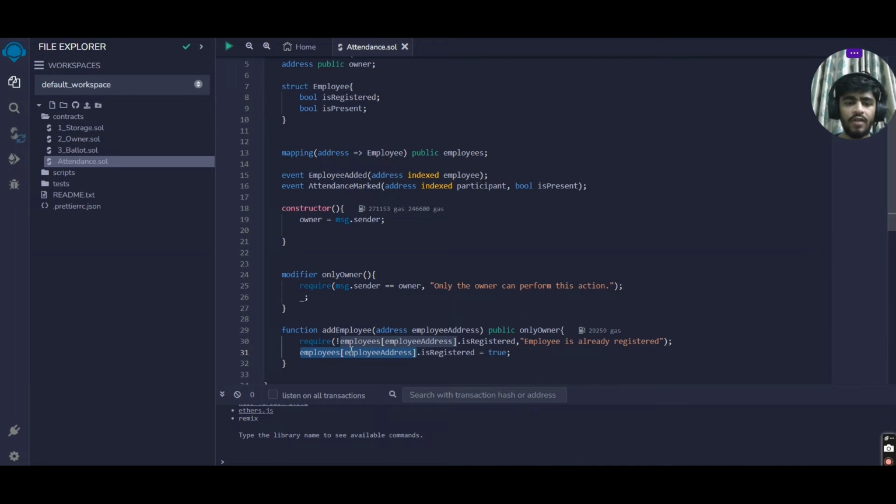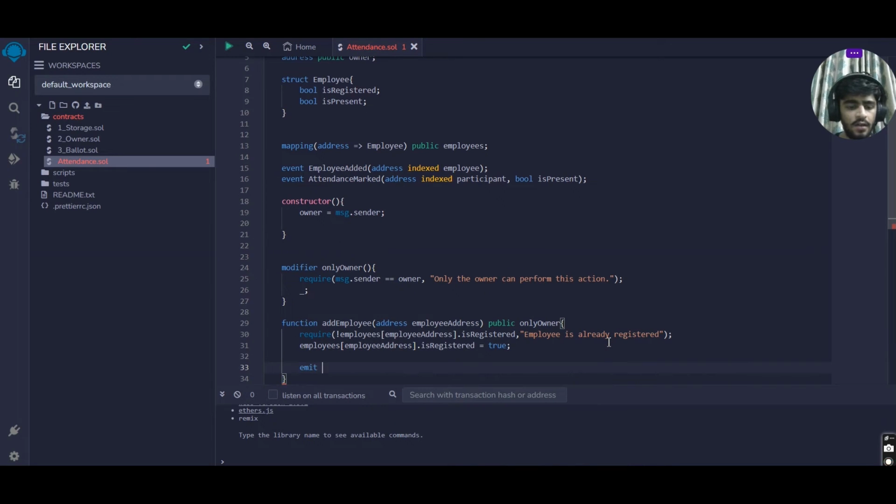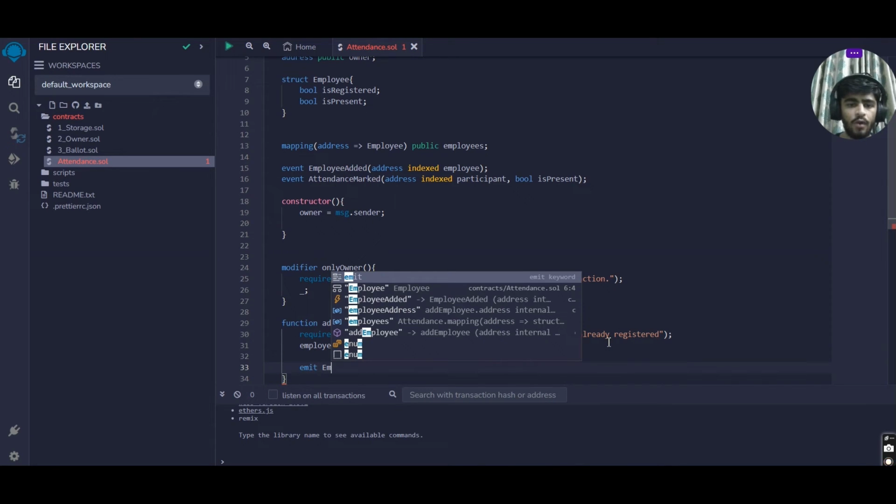So this will retrieve the particular employee struct, and then after the struct has been retrieved, we are accessing the isRegistered property of that particular employee struct, and making it true if it's not already registered. Otherwise we are checking if it's already registered or not. So that's it for the add employee function, and we would just be emitting that the employee has been added,